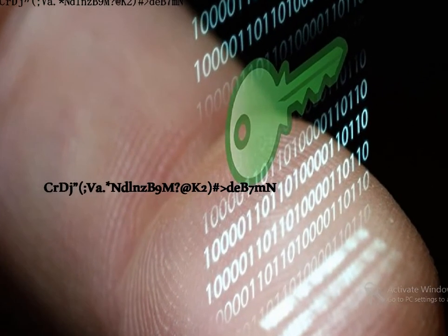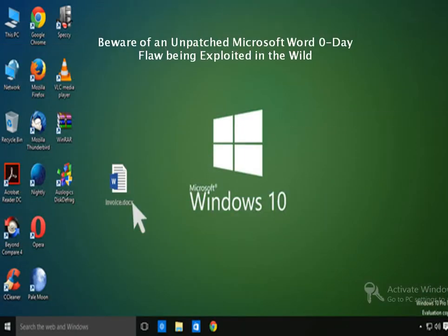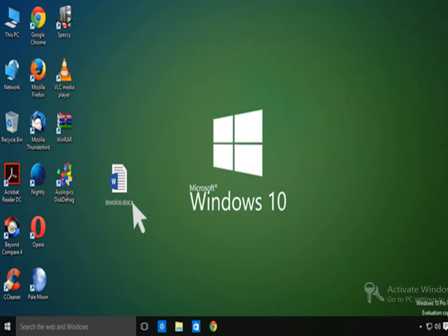Number 1. Beware of an unpatched Microsoft Word zero-day flaw being exploited in the wild. Security researchers are warning of a new in-the-wild attack that silently installs malware on fully patched computers by exploiting a serious and yet unpatched zero-day vulnerability in all current versions of Microsoft Office on fully patched PCs. The Microsoft Office zero-day attack, uncovered by researchers from security firms McAfee and FireEye, starts simply with an email that